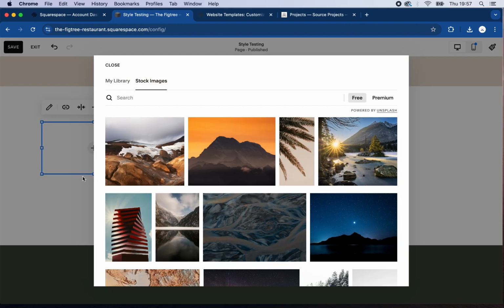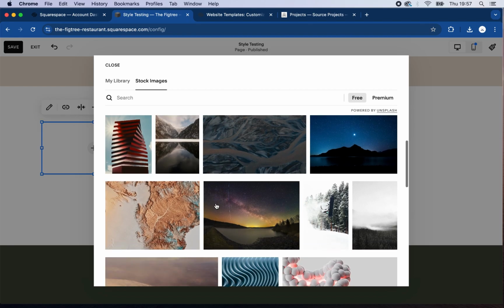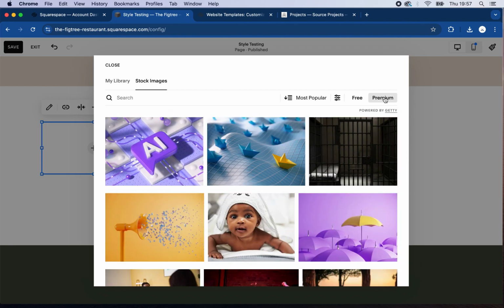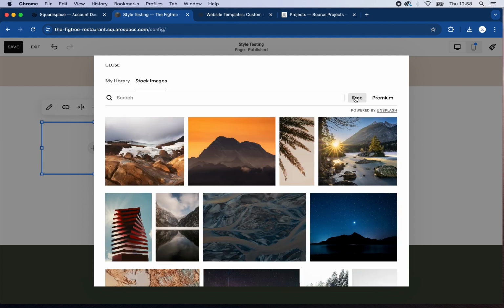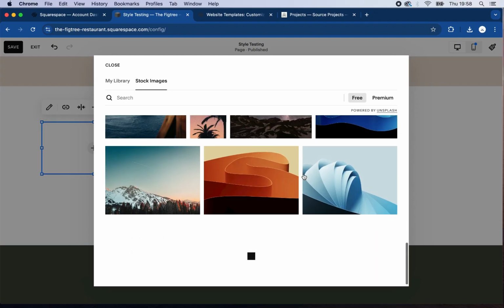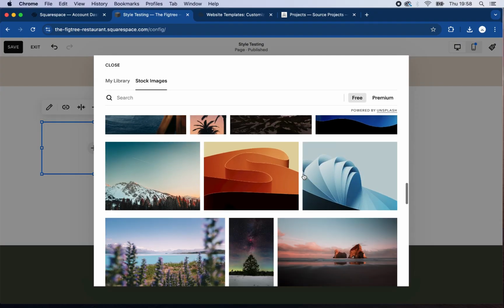You have free images from Unsplash or premium from Getty. Now, I would generally say I would only use either of these resources when you're planning out your website. If you're actually going to use one of these images, I would go and download or license them directly from the library,